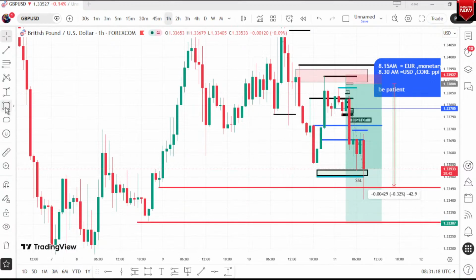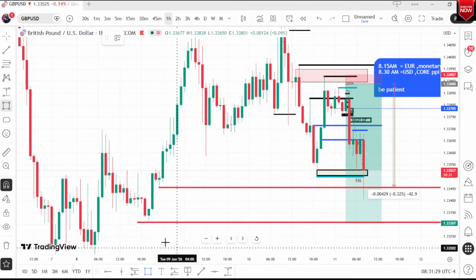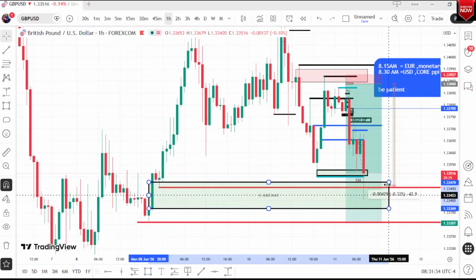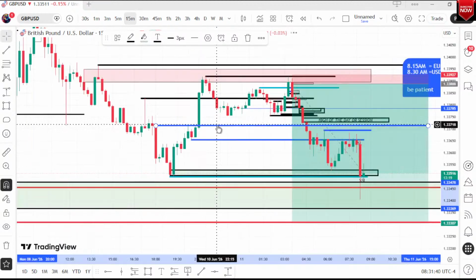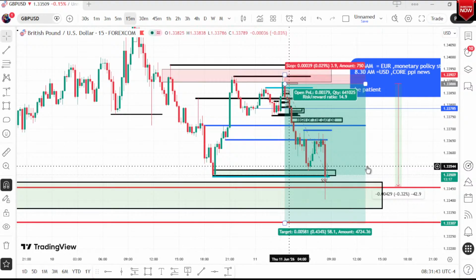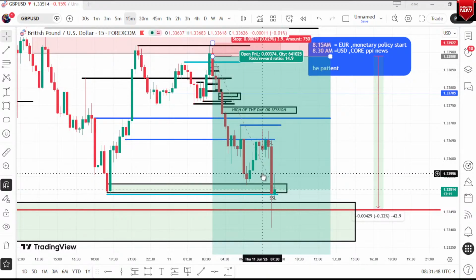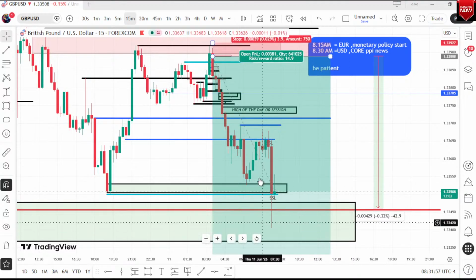You see, price came inside the fair value gap. Let's mark the fair value gap. Magnet. You see that? That's a fair value gap in the 1 hour. So price has started. Price can go and reverse completely, like rally up higher, but